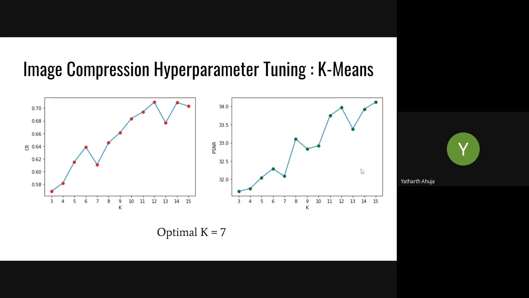So, for determining the optimal hyperparameter values in our compression methods, we deploy a graphical method as follows. The graphs obtained here are an aggregate of trials on different test images for a range of possible hyperparameter values. So considering k-means clustering, where our hyperparameter is k, that is number of clusters, as we see in the graph with respect to compression ratio, at k equal to 7, we obtain a significant dip and optimal compression ratio value with a corresponding decent PSNR value.